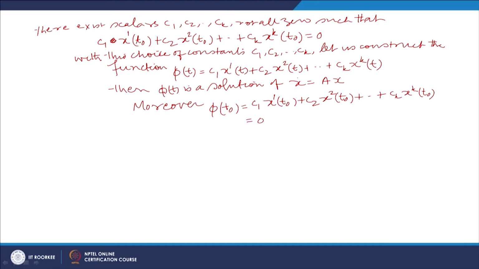You see C1 x1 t naught, C2 x2 t naught, Ck xk t naught is equal to 0. So, phi t naught is equal to 0. So, what happens is that phi t is a solution of the differential equation x dot equal to Ax such that phi t naught is equal to 0, and this means that phi t must be 0 for all values